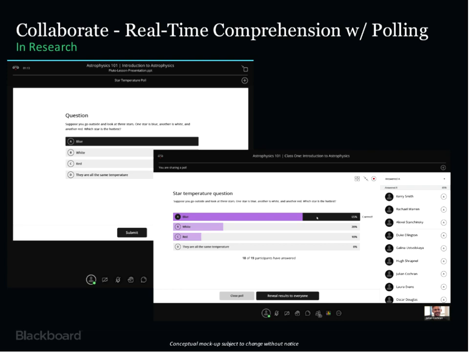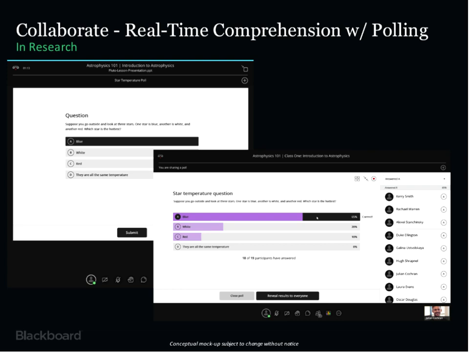On the right-hand side, you see the moderator seeing the results of the poll and being able to drill into each answer. So you see here that 60-some% of students answered A on this particular poll, and the moderator wanted to drill into who answered A and sees a list on the right-hand side of everyone that answered that way, and they could click on any one of these answers and see that.